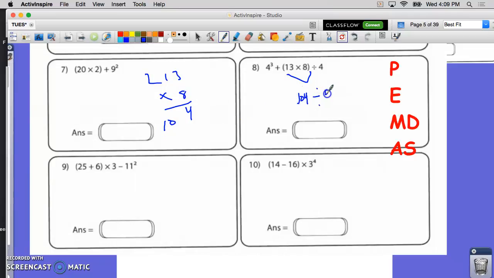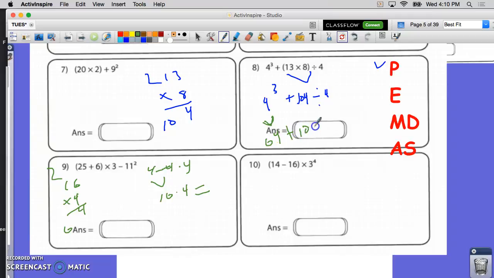Bring down the rest. Parentheses done. I'm going to now do the exponent, which is 4 times 4 times 4. 4 times 4 is 16, times that last 4, that's 64. So this equals 64